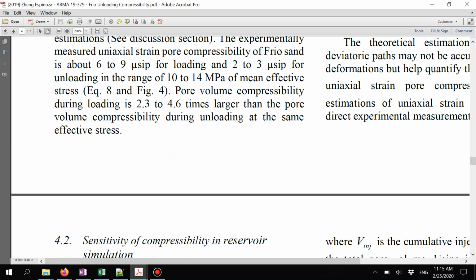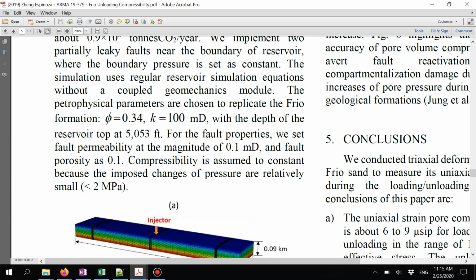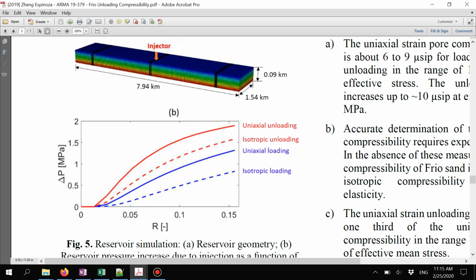And in this example, this is what you see over here. If you were to use a loading compressibility, you will predict a much lower increase of pore pressure than if you were to use the actual